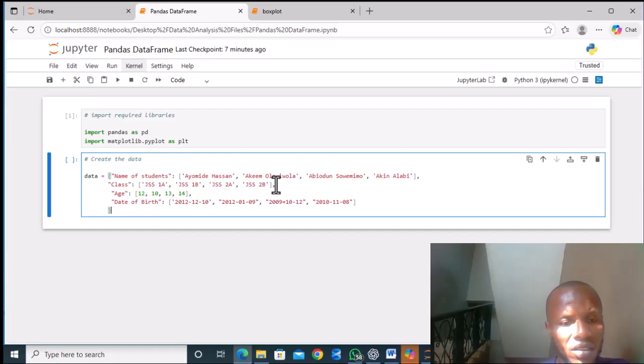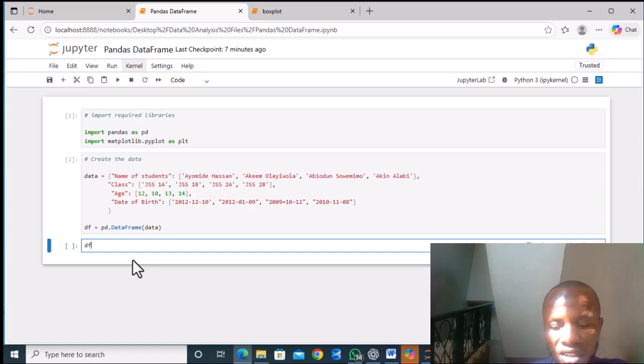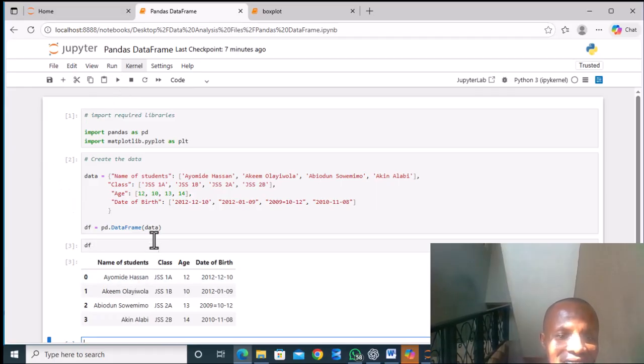This is our data, and the next thing is to convert it to our data set. It has to be the DataFrame, and we pass in the data. So let's run this. Okay, let's display our data here. Wow, this is how to generate data for our pandas. So here is the data. We have name of student, class, age, and date of birth. So let's say we want to actually visualize this with